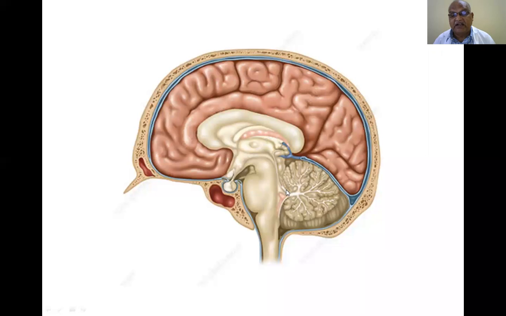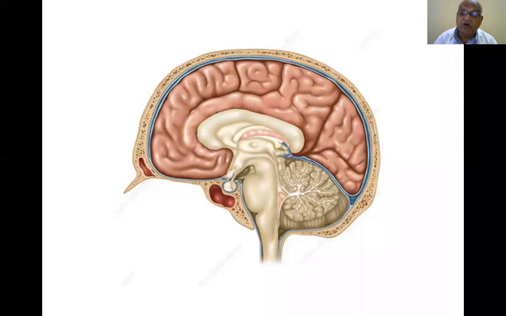So this is the anterior surface of the cerebellum. This is the posterior surface of the cerebellum. This is the superior border of the cerebellum. This is the inferior surface of the cerebellum. So here I am giving you a clear-cut picture: two borders, two surfaces. Superior border, inferior border, anterior surface and posterior surface.